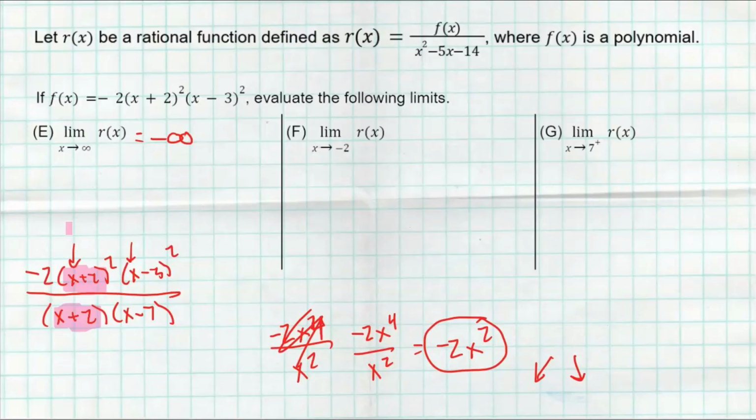So I know there is a hole at negative 2. So now I've got to figure out where is the location of that hole. So I'm just going to quickly reduce this. If I reduce this, this x plus 2 is going to cancel with one of the x plus 2's on top. So I have negative 2 times x plus 2 to the first times x minus 3 squared, all divided by x minus 7. All right, so now to find the location of the hole, I'm going to plug negative 2 into that reduced